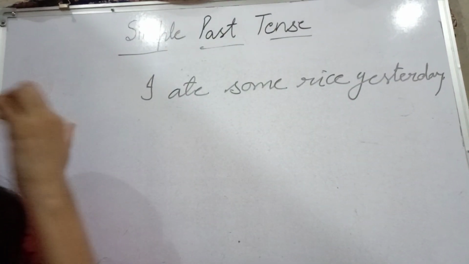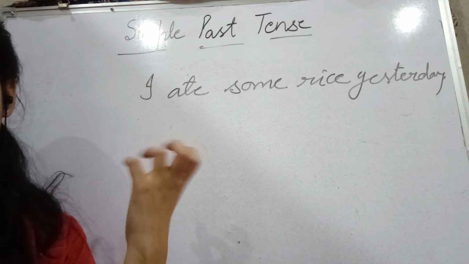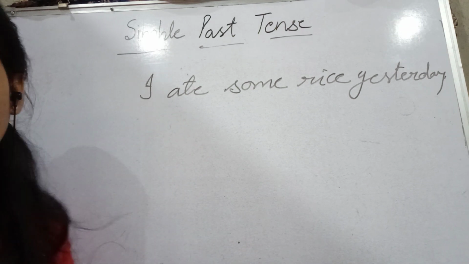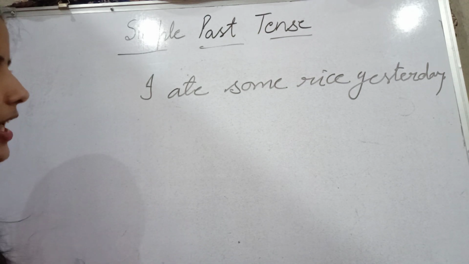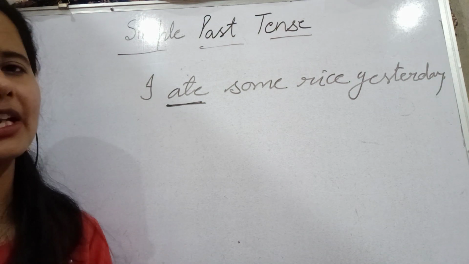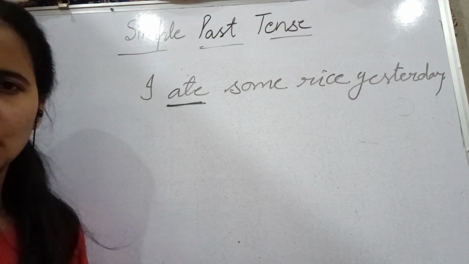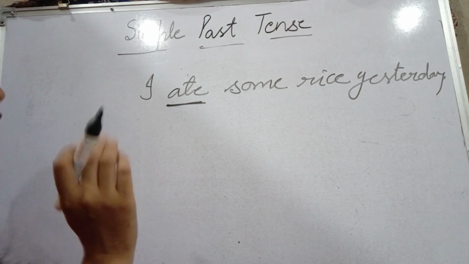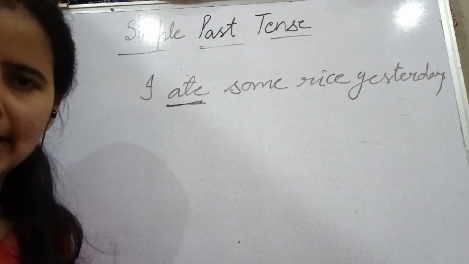Alright, beta. Whatever activity you have done, now it is not affecting our present. आपने past में कुछ चावल खाए थे, अब वो हमारे प्रेजेंट को बिल्कुल इफेक्ट नहीं कर रहा है. वो एक ऐसा एक्शन था that has been completed in the past and it is not affecting our present. Okay, it is totally unrelated to the present. ठीक है? So that sentence we have formed in simple past tense.